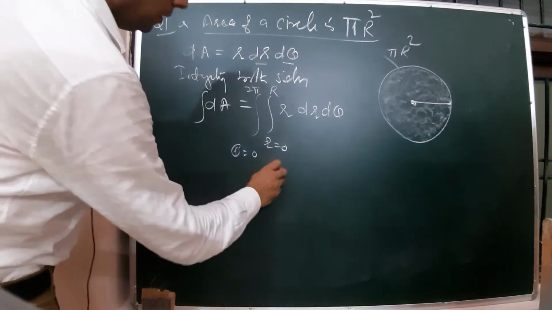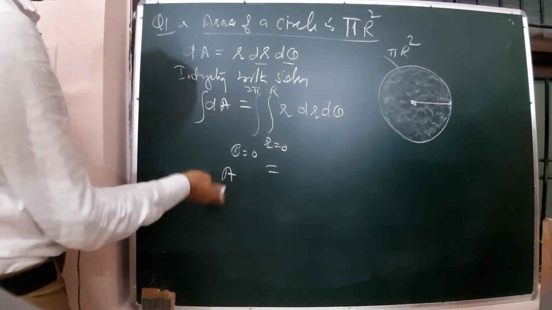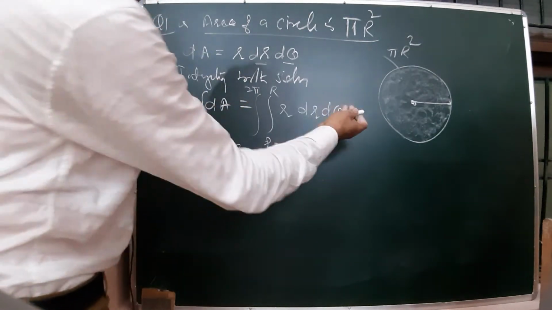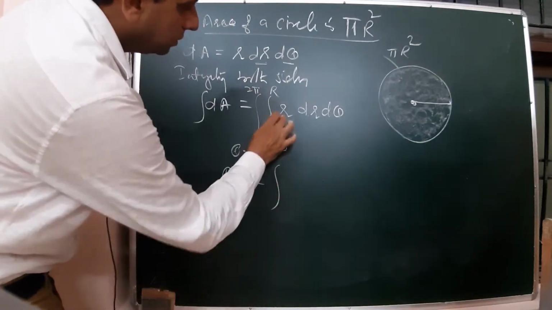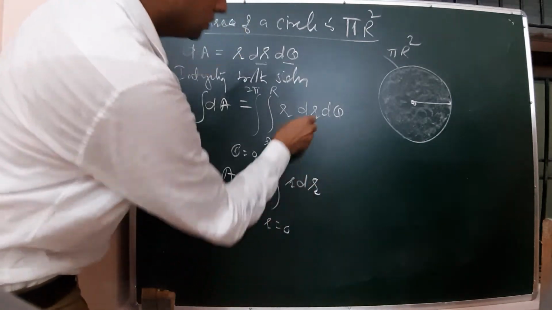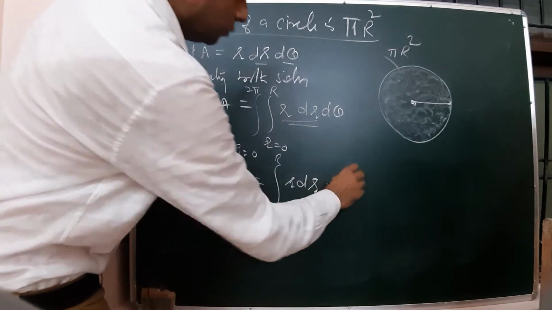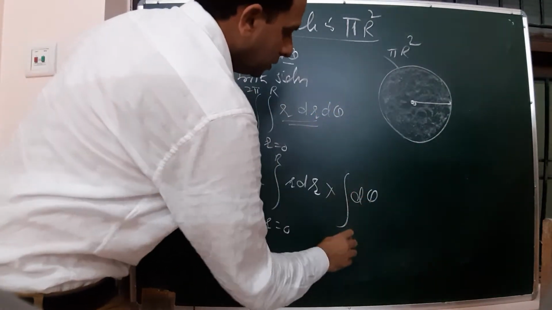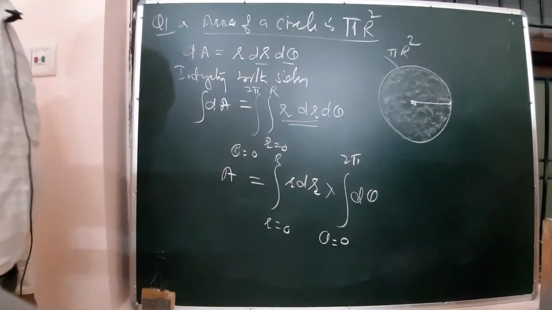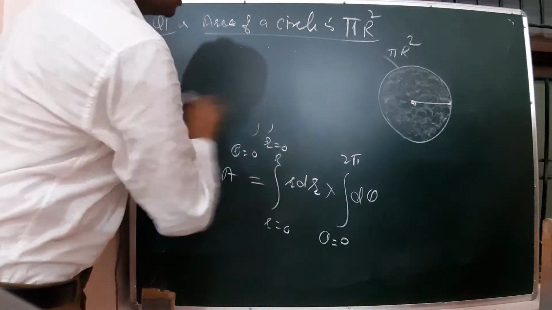Now, integrating on left hand side, integral of dA is simply A. I have not solved it, but on right hand side we will solve it. We will separate r from 0 to r, dr, means the variable r, and the integral is written on left hand side, into integral of d theta from 0 to 2 pi, means theta varying from 0 degree to 2 pi radian. So, this is the separation of the variables.